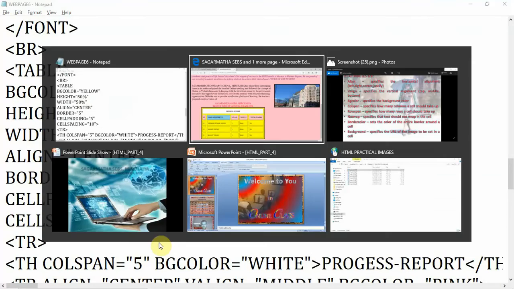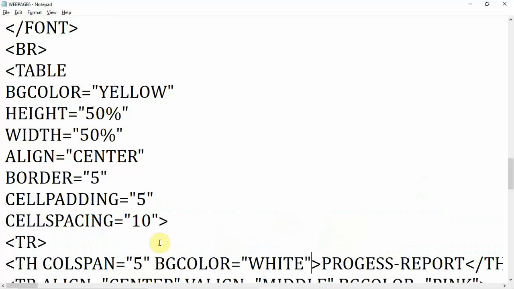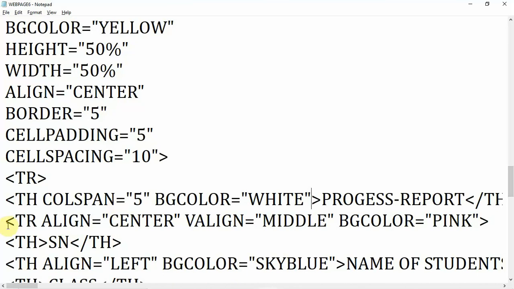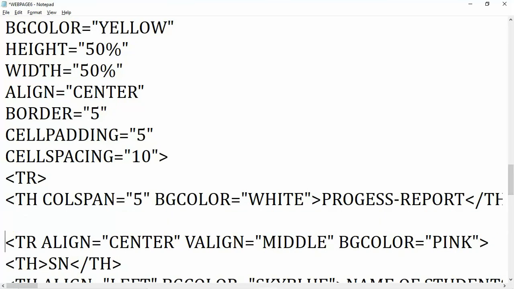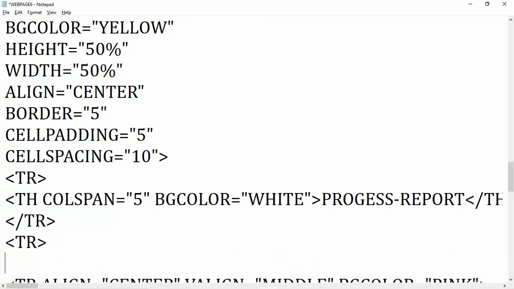Another, if you want to make changes, I want to show you another attribute, like colspan, and rowspan also I want to do. So for that rowspan, before that, it is completed now, so I want to close the first row. So close the tr tag, and the tr tag is already started. Again I want to use the tr tag, and again I want to use th or td, you can write, no problem. I want to write td here.